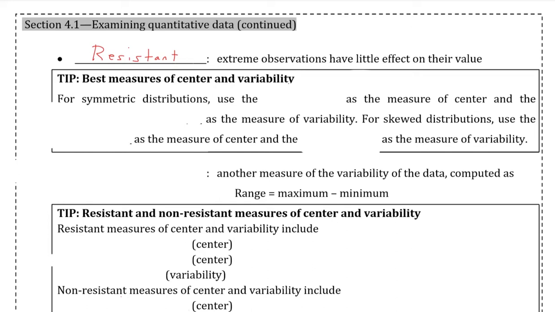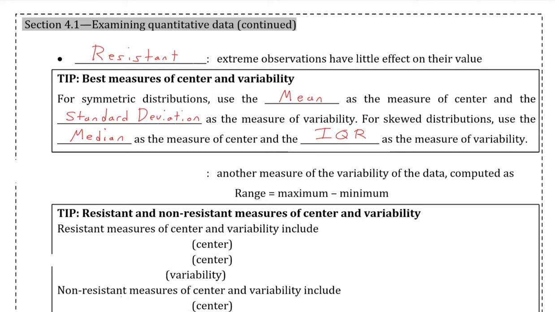Overall, for symmetric distributions, use the mean as the measure of center and the standard deviation as the measure of variability. For skewed distributions, where extreme values can be an important factor, use the median as the measure of center and the IQR as the measure of variability. Because the median and the IQR do not use or depend on all values in the dataset to calculate, specifically extreme values, we say that they are more resistant than values like the mean and the standard deviation, both of which require the value of every observation in our dataset, including extreme values.